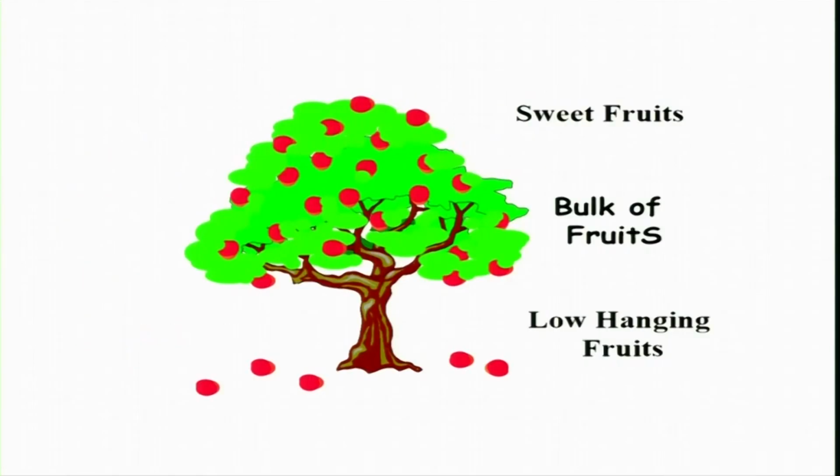We can see this aspect with the help of an analogy of an apple tree. What do we expect from a tree? Not just apples, we expect good quality apples, sweet fruits, and bulk of fruits, plenty of fruits, and third is low hanging fruits. So, sweet fruits are nothing but a quality dimension. Bulk of fruit, if from the same system we get more quantity, that will affect the cost per unit. Low hanging fruit means deliverable.